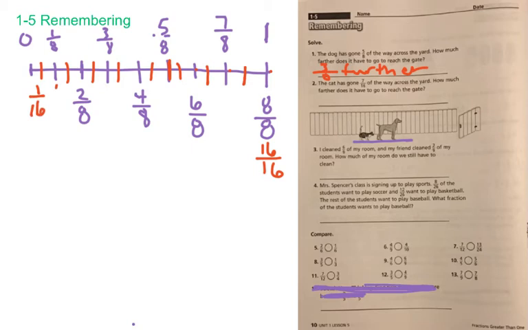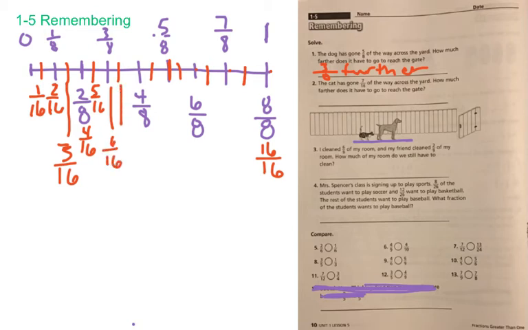1/16. This would be 2/16. Oops, I'm having a hard time writing there. This one here, I'm going to drag it down, would be 3/16. And then 2/8 is also 4/16. Then we have 5/16, 6/16, 7/16. 4/8 is 8/16,